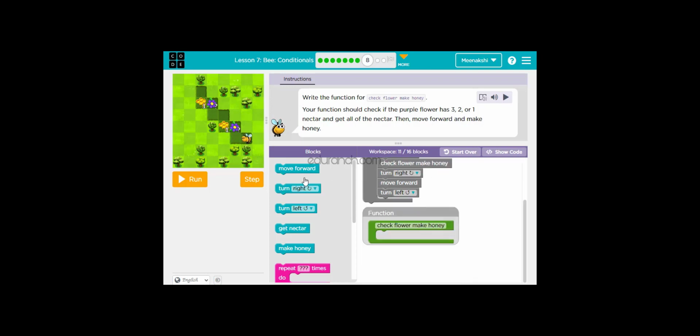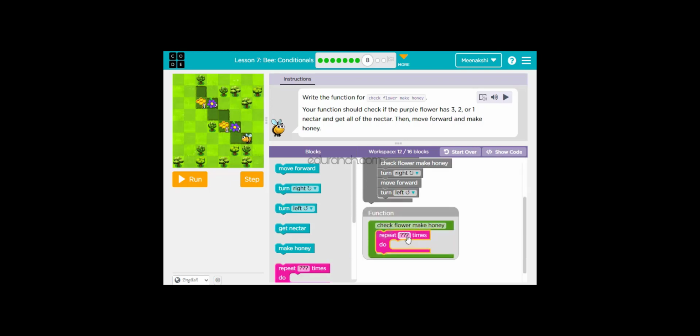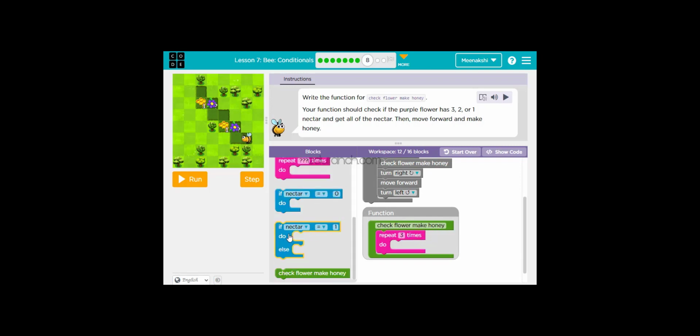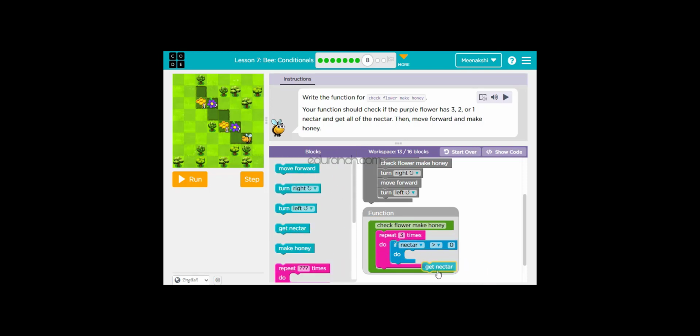So we are going to move forward, turn right, move forward, turn left, check. So then we are going to repeat it for 3 times because the maximum number of nectar it can have is 3. Then we are going to check if there is nectar greater than 0, then we will collect nectar, get nectar. Else it will just move forward,